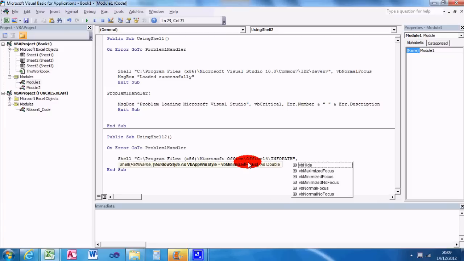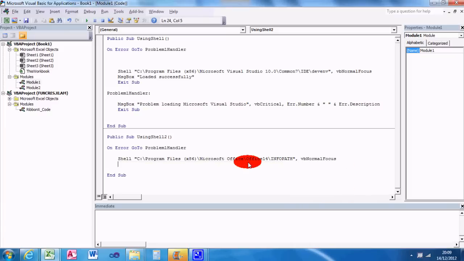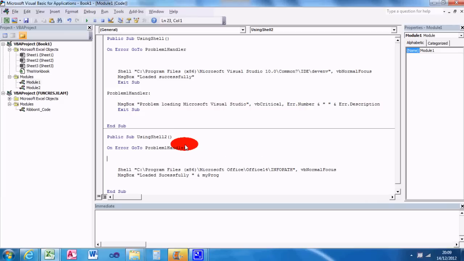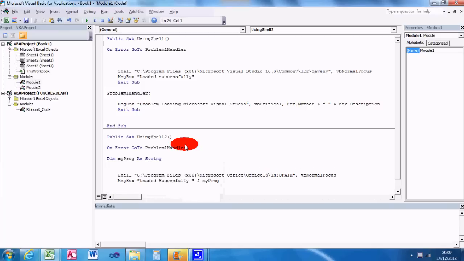I want it as a VBA normal focus. Okay. Message box again. Loaded successfully. Actually, I could put my prog. This is what I'm going to do. I'm going to put my prog string. So dim my prog. Just had a bit of a light bulb flash over my head. So my prog